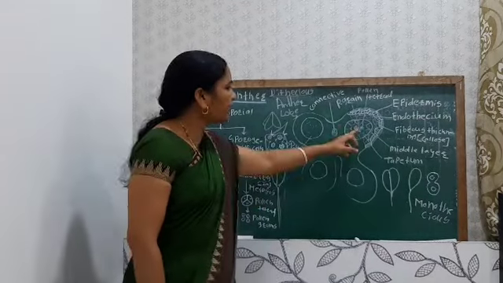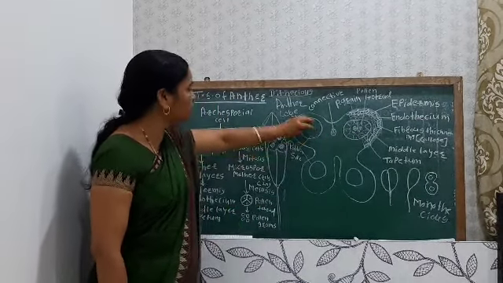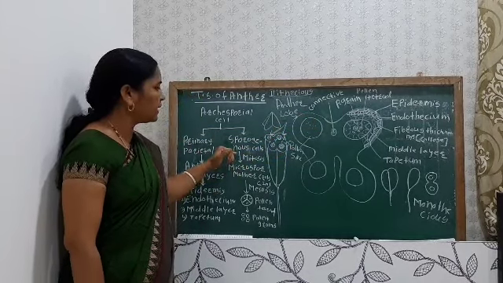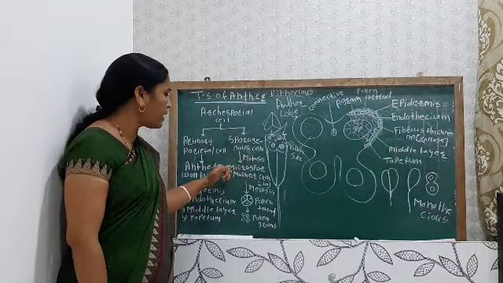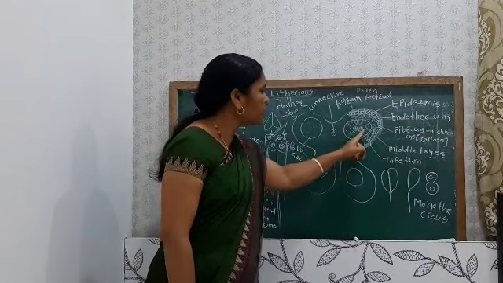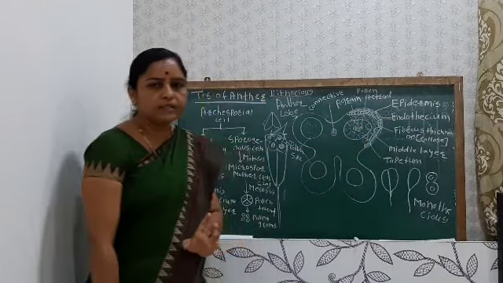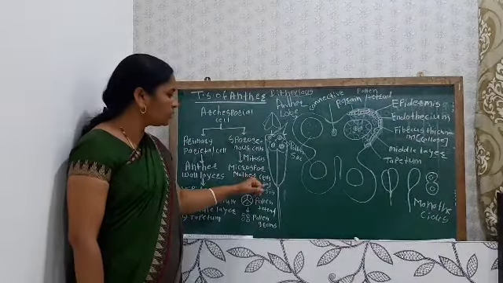What happens to the sporogenous tissue? The sporogenous tissue cells are diploid, and they divide by mitosis and produce the microspore mother cells. So inside, in the immature condition, there is the formation of microspore mother cells, which are diploid.